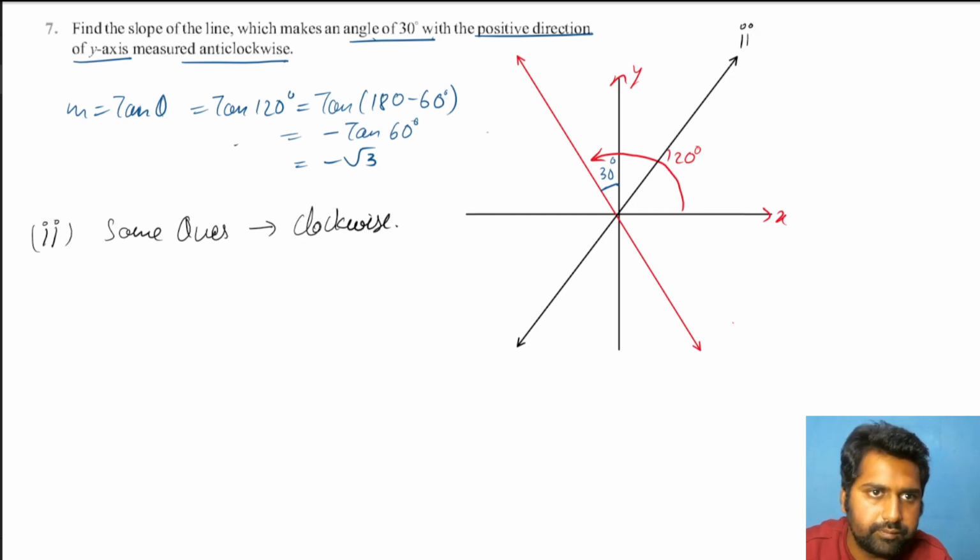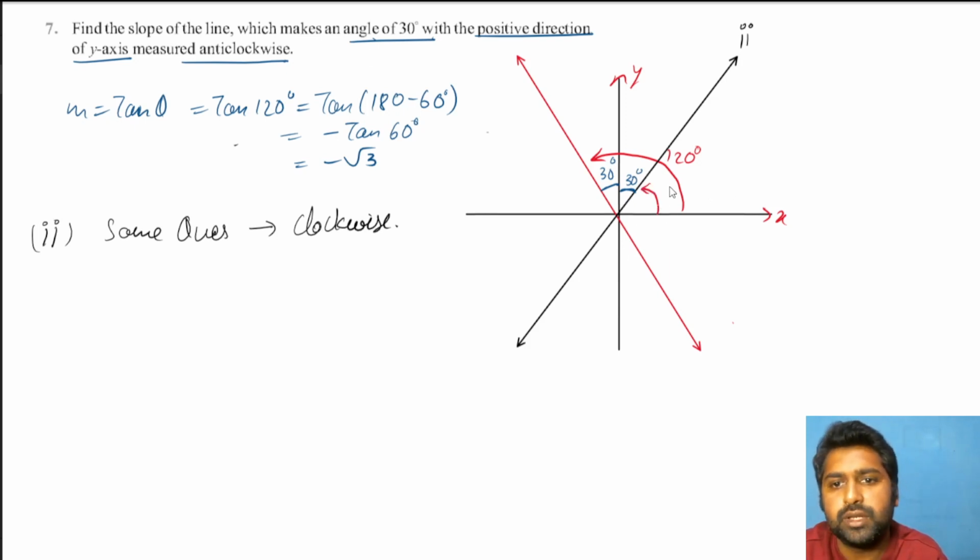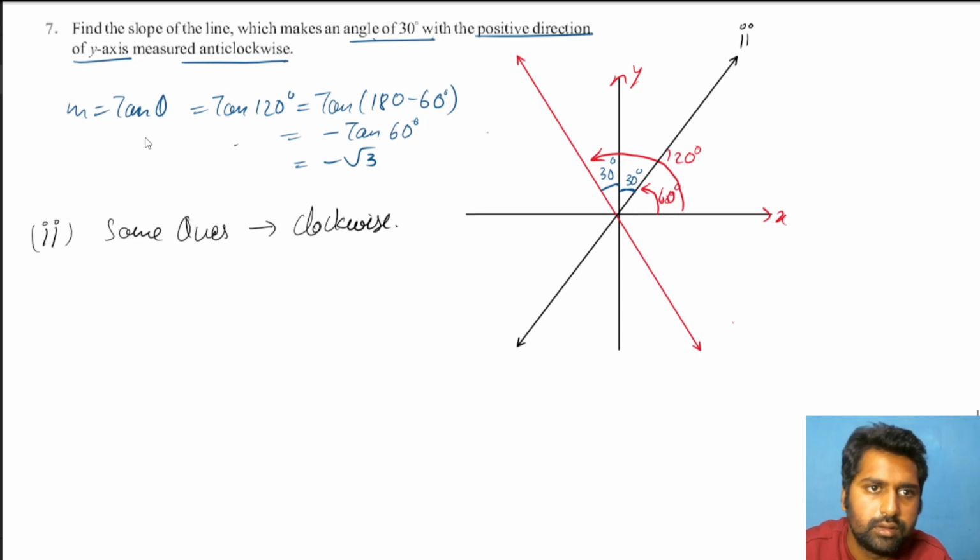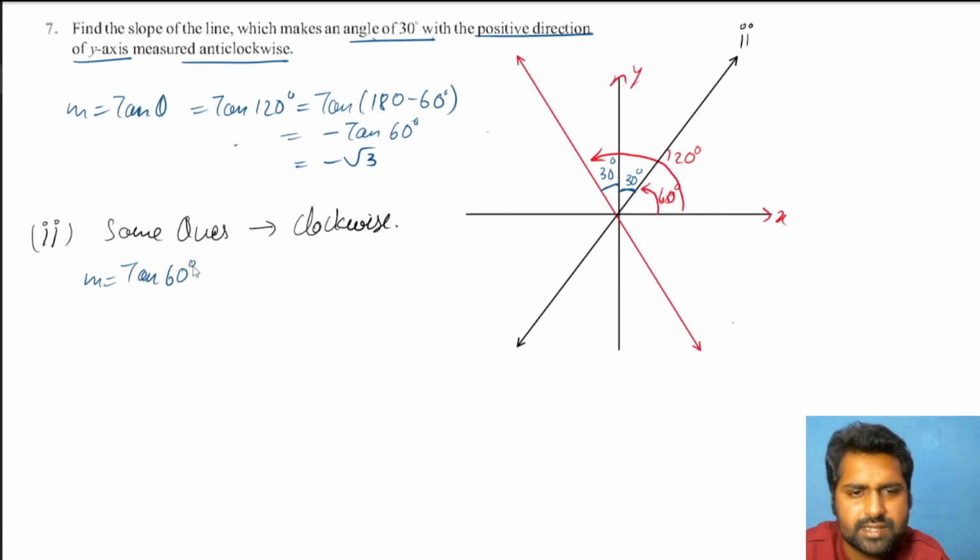Now this time this angle is 30, but we need the angle always with the positive x-axis. So how much will this angle be? This will be 90 minus 30, because the y-axis is 90, so 90 minus 30, that is 60 degrees. Once you figure out that the angle with the x-axis is 60 degrees, you can say m is equal to tan of 60, which is root 3. Okay,